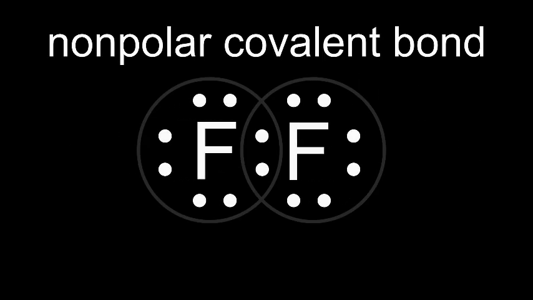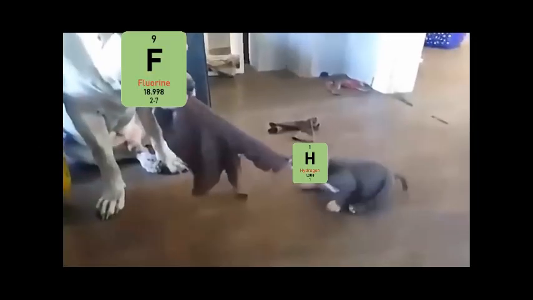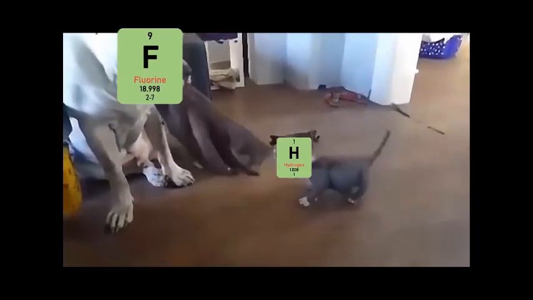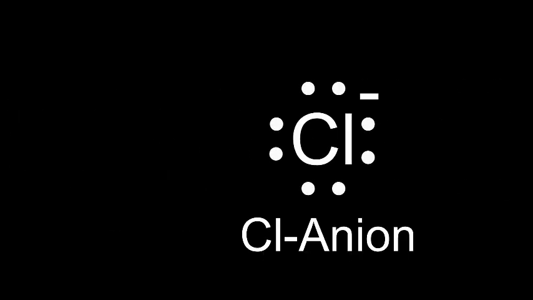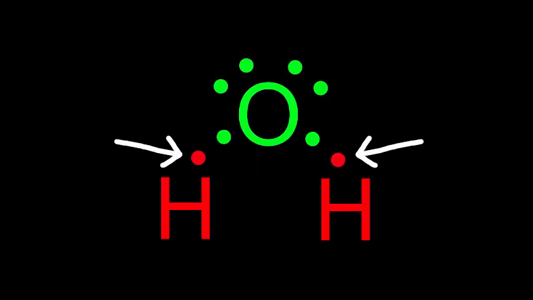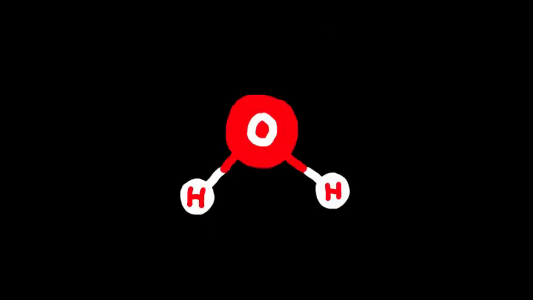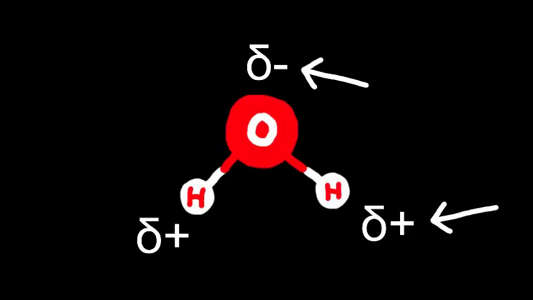If the difference in electronegativity is lower than about 0.5, the electrons are shared pretty equally and you get a nonpolar covalent bond. If it's bigger than 0.5 but smaller than around 1.7, one of the elements is pulling on the electrons pretty hard. Not quite hard enough to completely steal an electron, but definitely hard enough to skew the electrons a bit, making it a polar covalent bond. An example is water. Oxygen has a very high electronegativity compared to hydrogen. As a result, it pulls the electrons of hydrogen so hard that they kind of belong to oxygen, giving it a partial negative charge and leaving hydrogen with a partial positive charge. The presence of two poles with opposite charge is called an electric dipole.